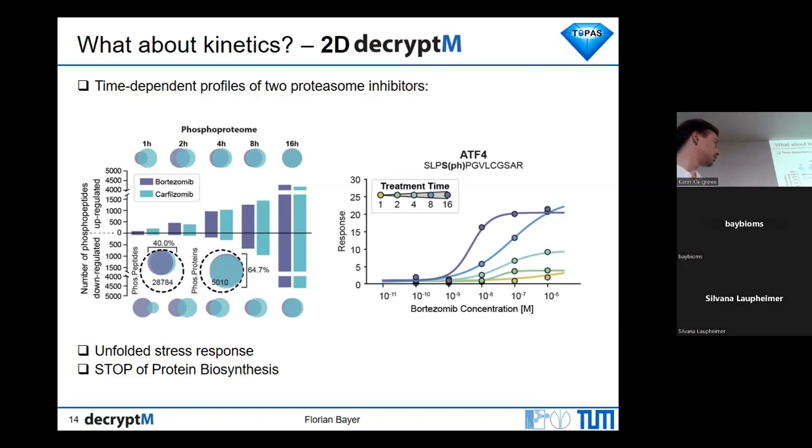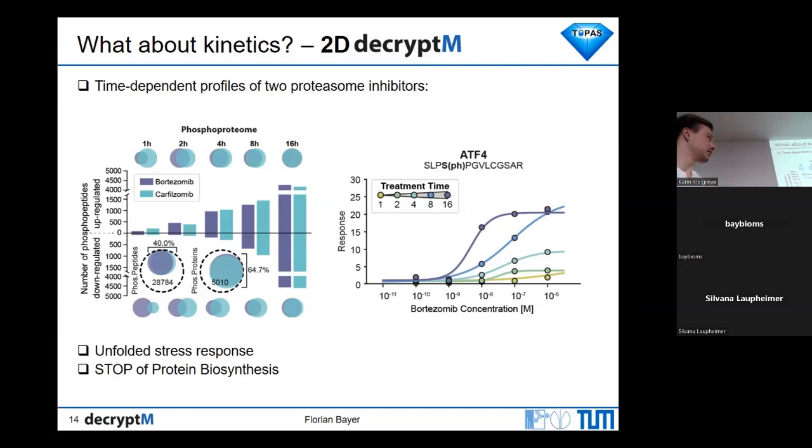And what was also biology-wise quite interesting is that if you look at these proteasome inhibitors, then on the full proteome, I mean, this is the phosphoproteome, but first I tell you the full proteome. The full proteome is really not changing for the majority of the treatment time. Only if the cells are really dead or almost dying, then huge full proteome changes are happening. But when you look at the phosphoproteome, so this is what you see here, then you see already in a very short time the phosphoproteome response to this